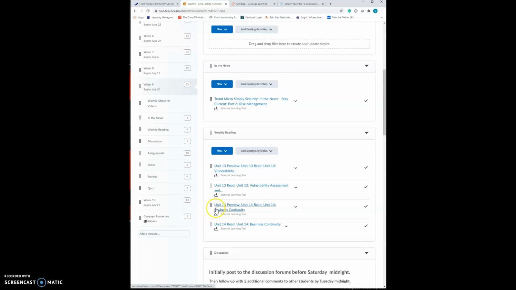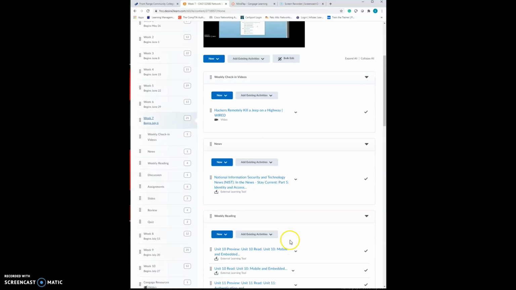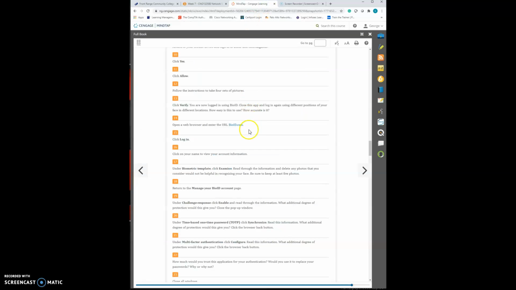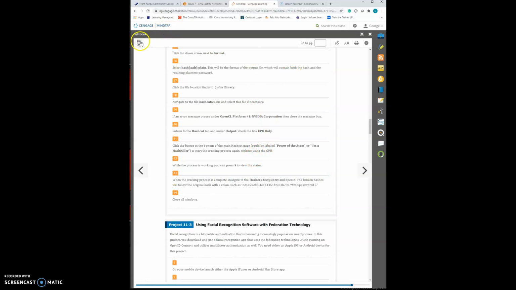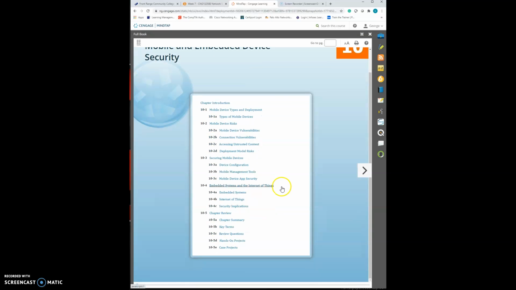Chapter 10, we're looking at mobile device and embedded device security, and then authentication and account management. Mobile device and security management. We look at types of devices,